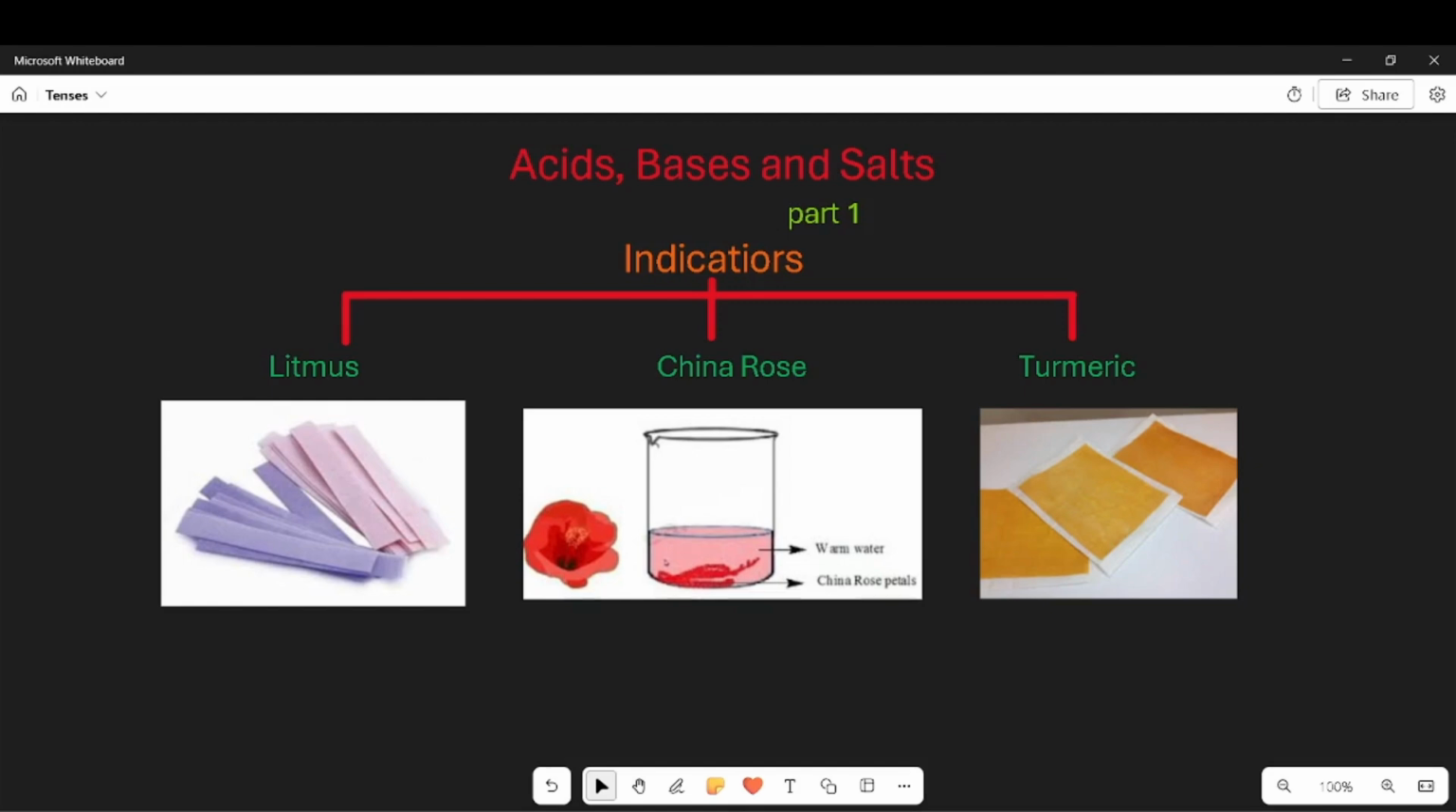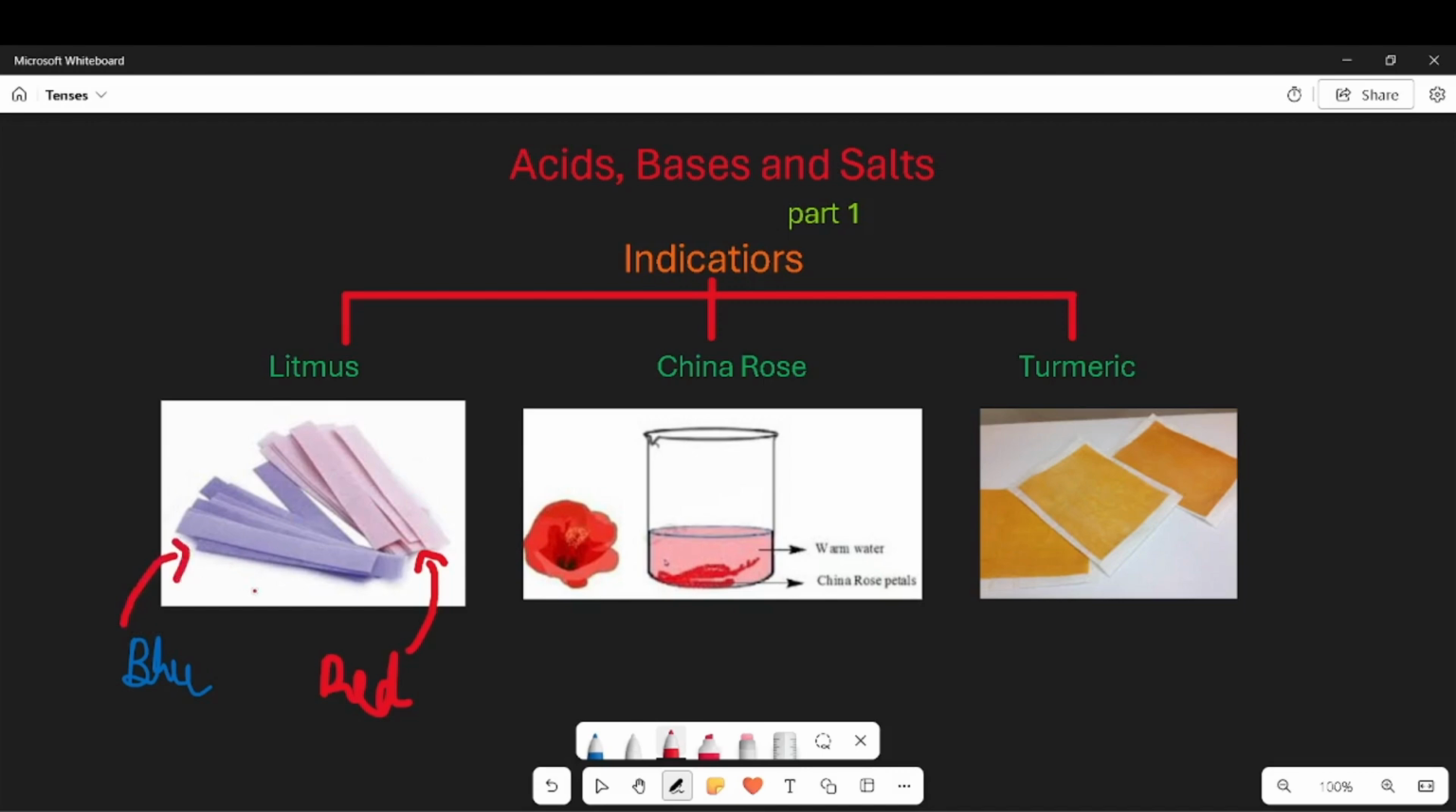So there are two types of litmus papers: blue litmus paper and red litmus paper. We use both litmus papers to check if a solution is an acid or a base. So we have blue litmus paper and we have red litmus paper. This light color you see over here is the red litmus paper, and the other one is the blue